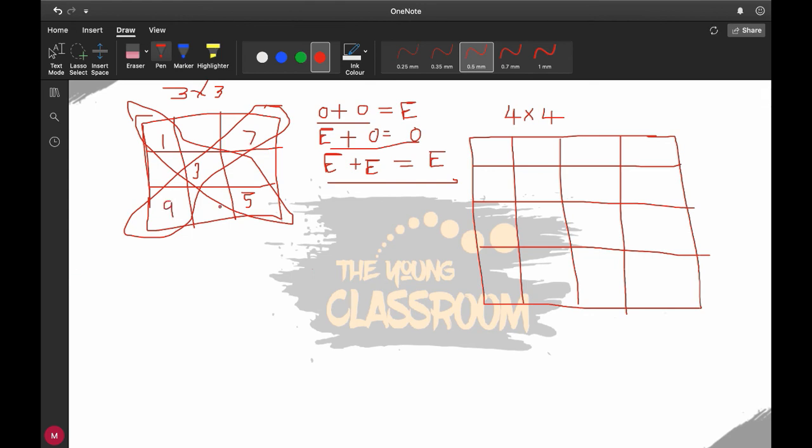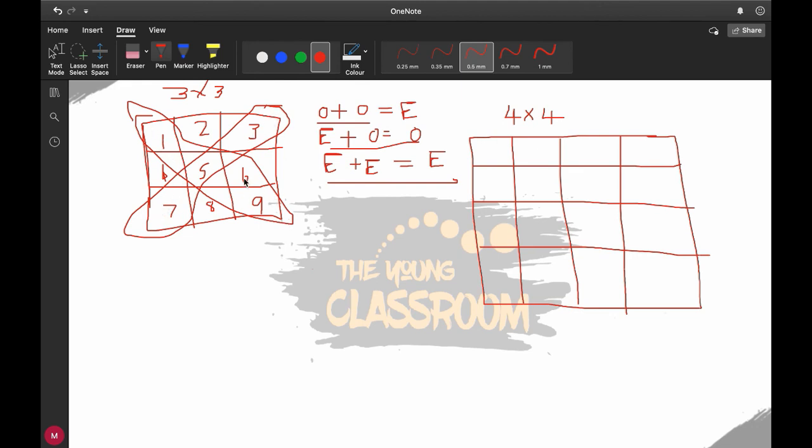Now if I want to code it in a bit better way, instead of keeping 3 here and following this order, I can follow a fixed order. Like I can say, okay, 3 is here, then 2 is here, then 4 is here, then 5 is here, then 6, then 7, then 8, and then 9. So my condition for this diagonal as well as for this diagonal is satisfied.